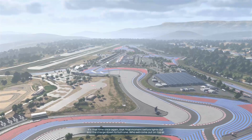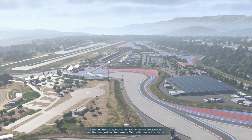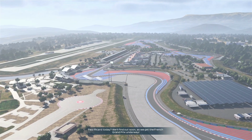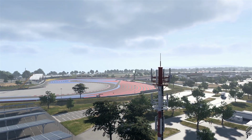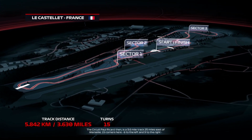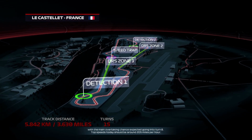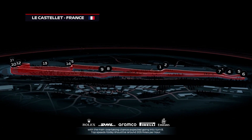It's that time once again, the final moment before lights out and the charge down to turn 1. Who will come out on top at Paul Ricard today? We'll find out soon as the French Grand Prix gets underway. The circuit Paul Ricard then, a 3.6 mile track, 25 miles east of Marseille. 15 corners here, 6 to the left and 9 to the right, with the main overtaking chance expected going into turn 8. Top speeds today should be around...